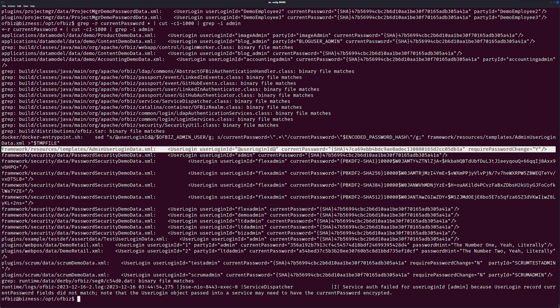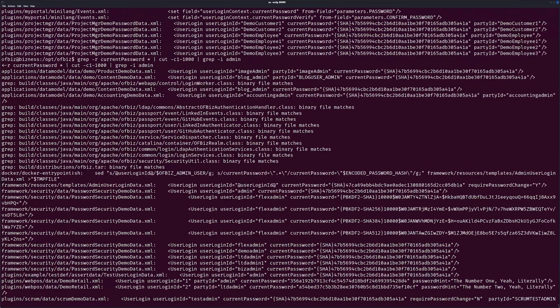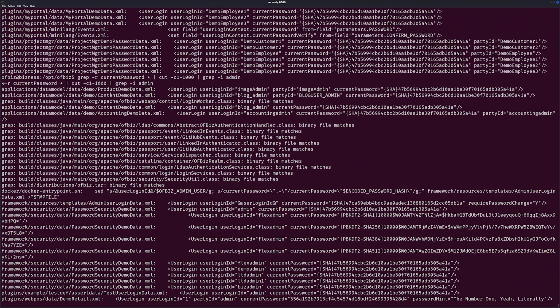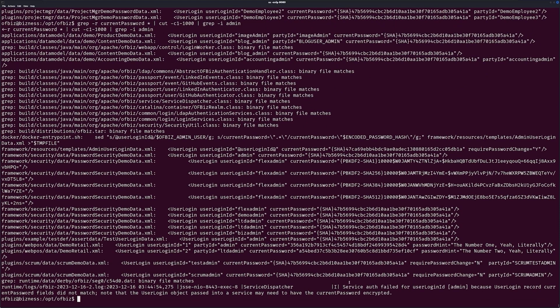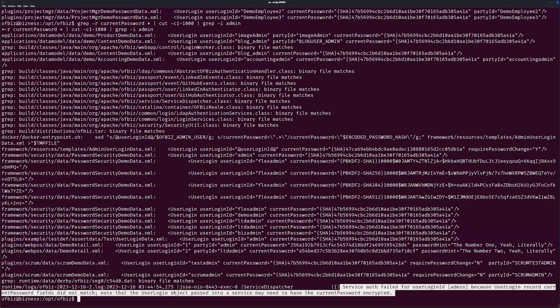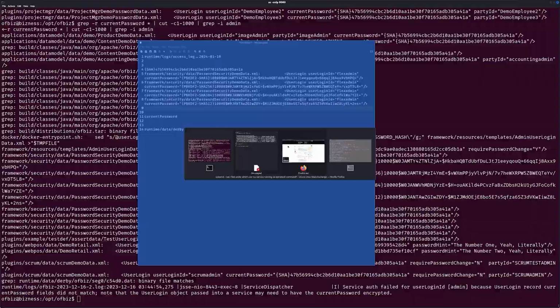That looks like templates, so probably not useful to us. Looks like demo. And here it just says that authentication failed for user login admin. However, we don't seem to know what that admin is. Let's see